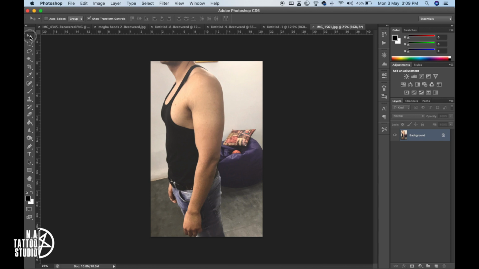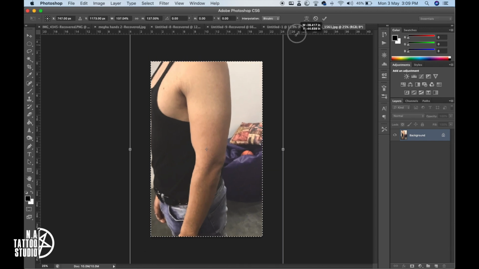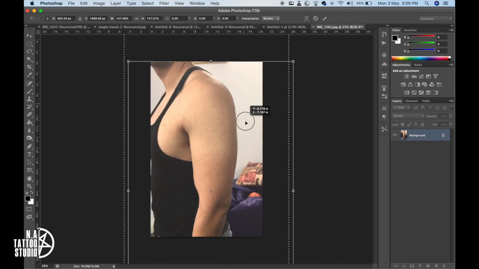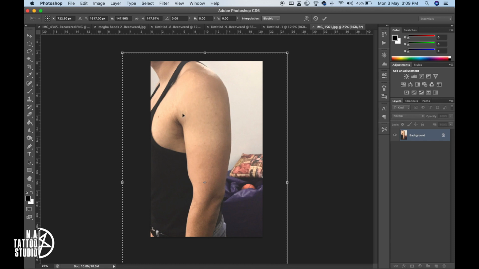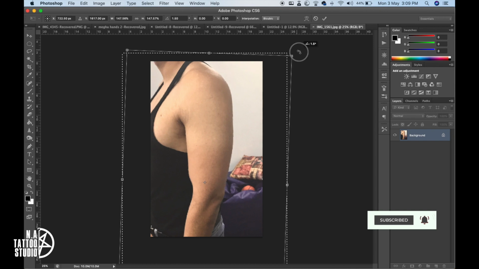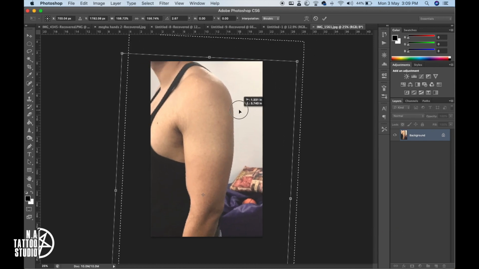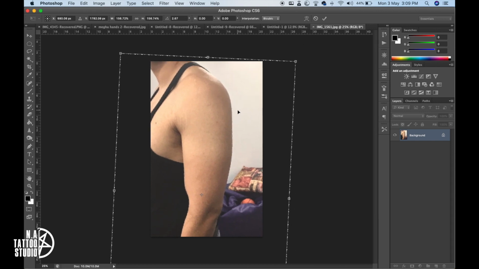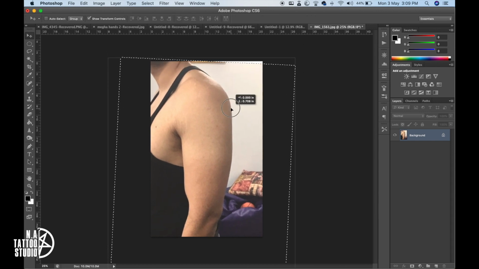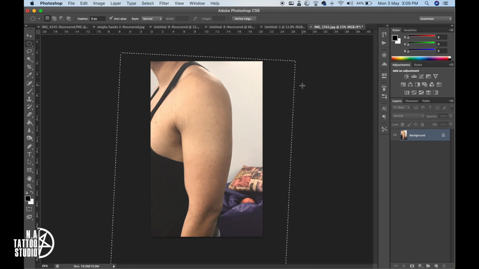Now I'll be going to the move tool and then resizing this image. Since it will be a design made on the bicep, I'm just focusing on the bicep at large. Yes, this looks good to me.